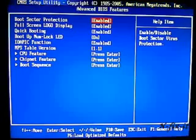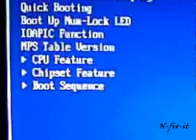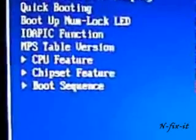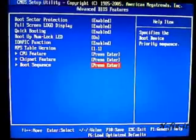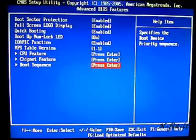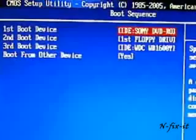Okay, so once you're inside the advanced BIOS features submenu, you're going to go down to boot sequence down here at the bottom, and you see press enter. Now as you can see in the bottom of the screen here, it actually shows you how to manipulate the different functions in the menus and submenus. Now you see here it says enter to select, so I'm going to press enter to get inside the boot sequence. Okay, and it's showing here the Sony DVD-ROM,